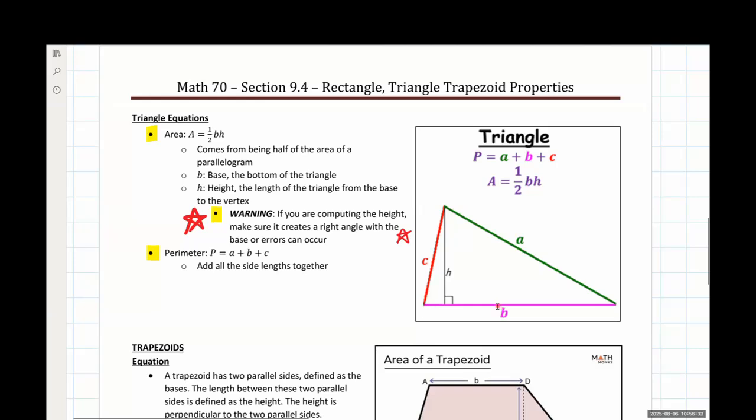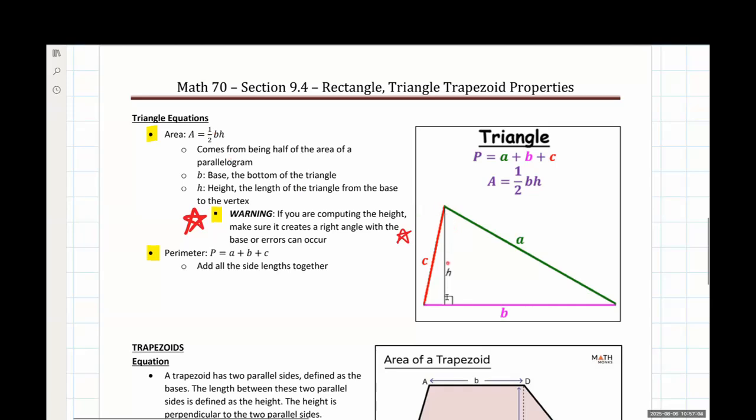The way we determine the base and the height is we want to be on the lookout for a vertical line that's denoted normally inside of a triangle, but sometimes outside of a triangle. And we have a right angle that forms along that height. The right angle is the giveaway. This line here is going to be my height, and the side that it touches, in this case B, is going to be used for the base.